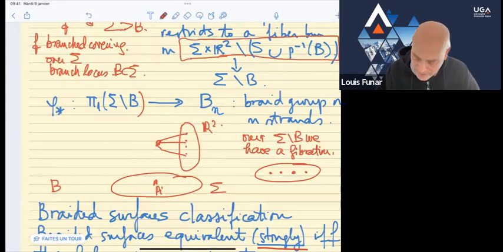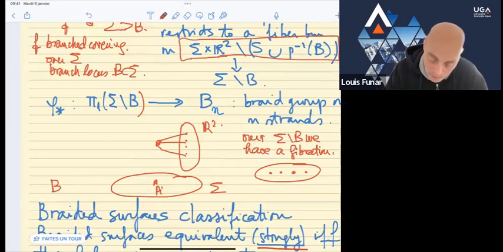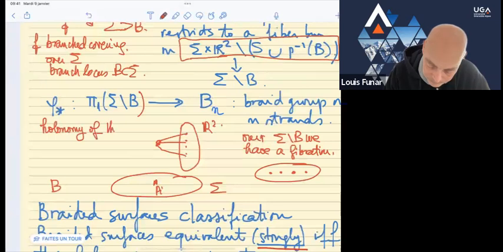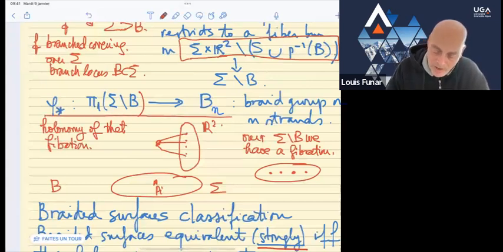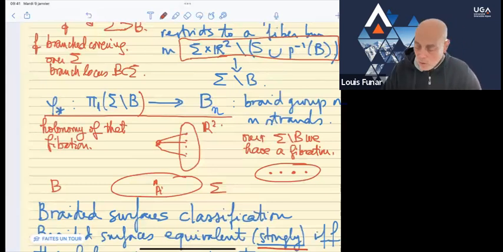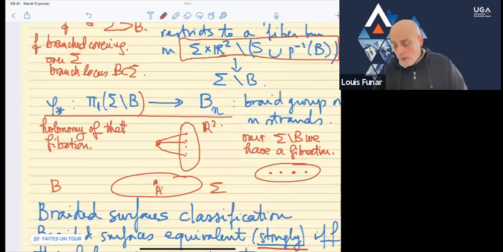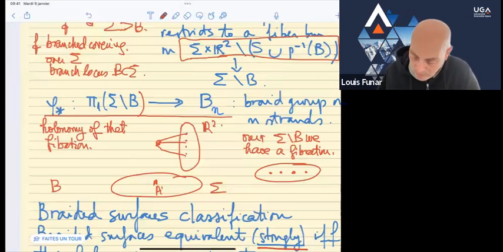And for this fibration, you just consider the holonomy of that fibration, which I called phi star, which is a map going now from pi1 of sigma minus B into the group of homeomorphisms. Now, one has to be a little bit careful because I considered R2, but we can